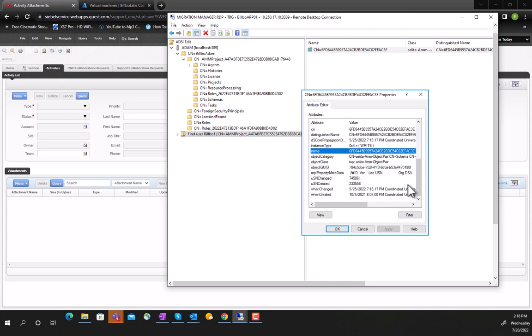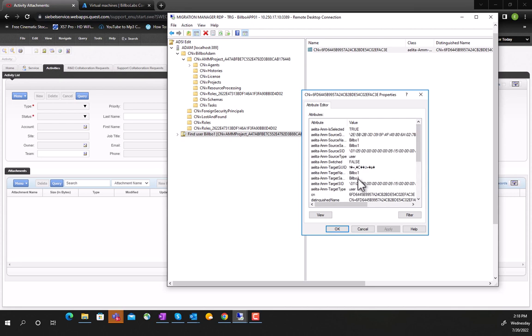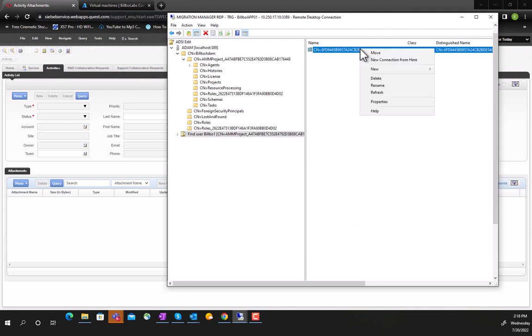Anyway, the point being that if you come in here and you see that you're mismatched to someone else, like a different target name or whatever that you don't want, then you can delete this record. Okay, so you can just say cancel on this and delete it out of here, and it's pretty harmless to do it. It doesn't blow it up. It's always wise to take a backup of this anyway,